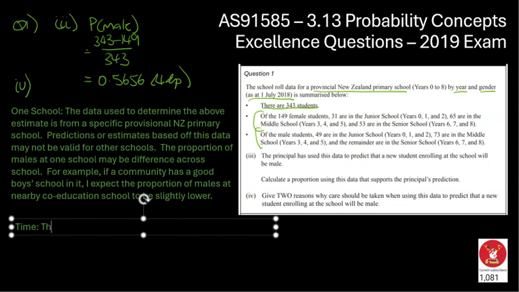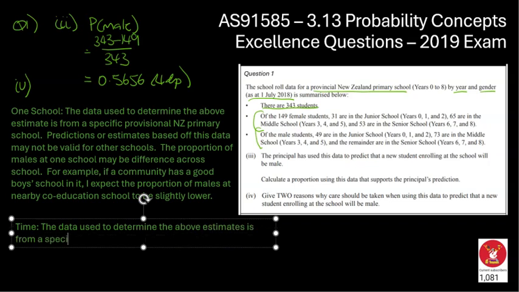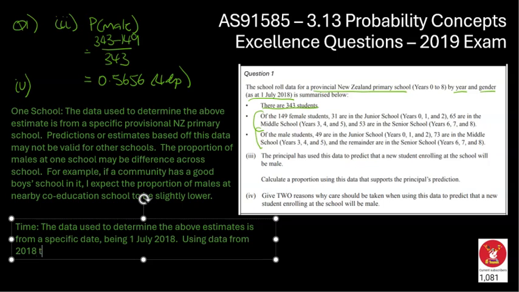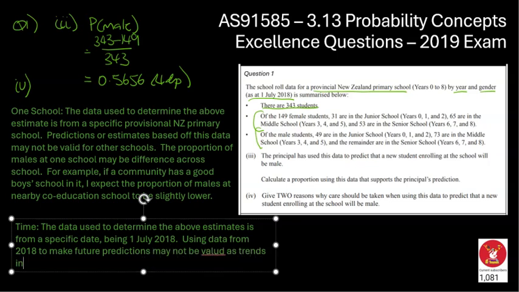So let's write up our one. The data used to determine the above estimates is from a specific date. In this case, the date being 1st of March 2018. Also 2018, they wrote 28. Using data from 2018 to make future predictions may not be valid as trends in education